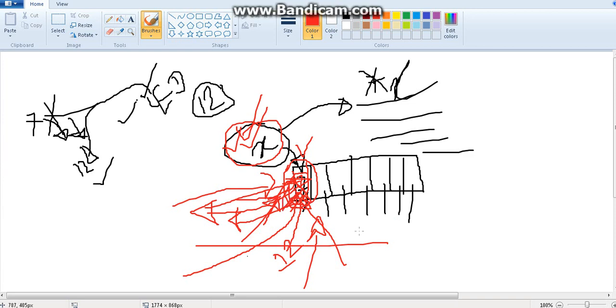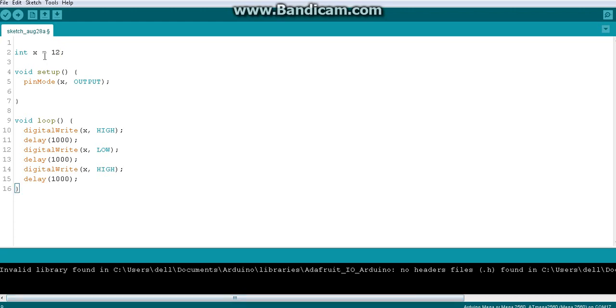In other words, when you are re-uploading the code, everything will be uploaded again. So again Arduino will delete everything, rename a memory location called x and input 12 in the same place. So you don't need to worry about this. Just remember, 12 will be coming in the memory named x. So now x is 12, and 12 will be replaced wherever you are using x. So you don't have to type it 100 times. You are supposed to type only one time, 7 or 12. So now make sure your LED is in pin number 12.